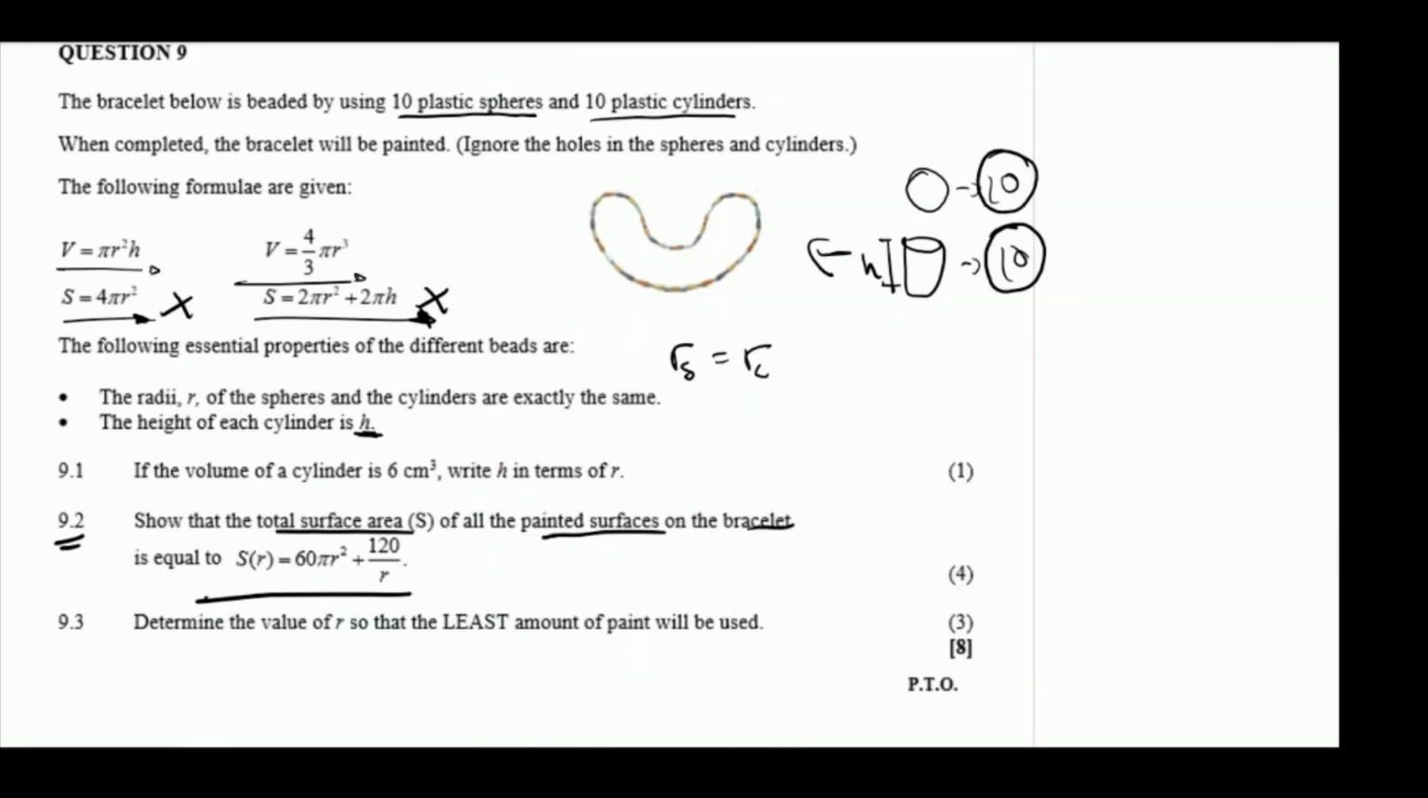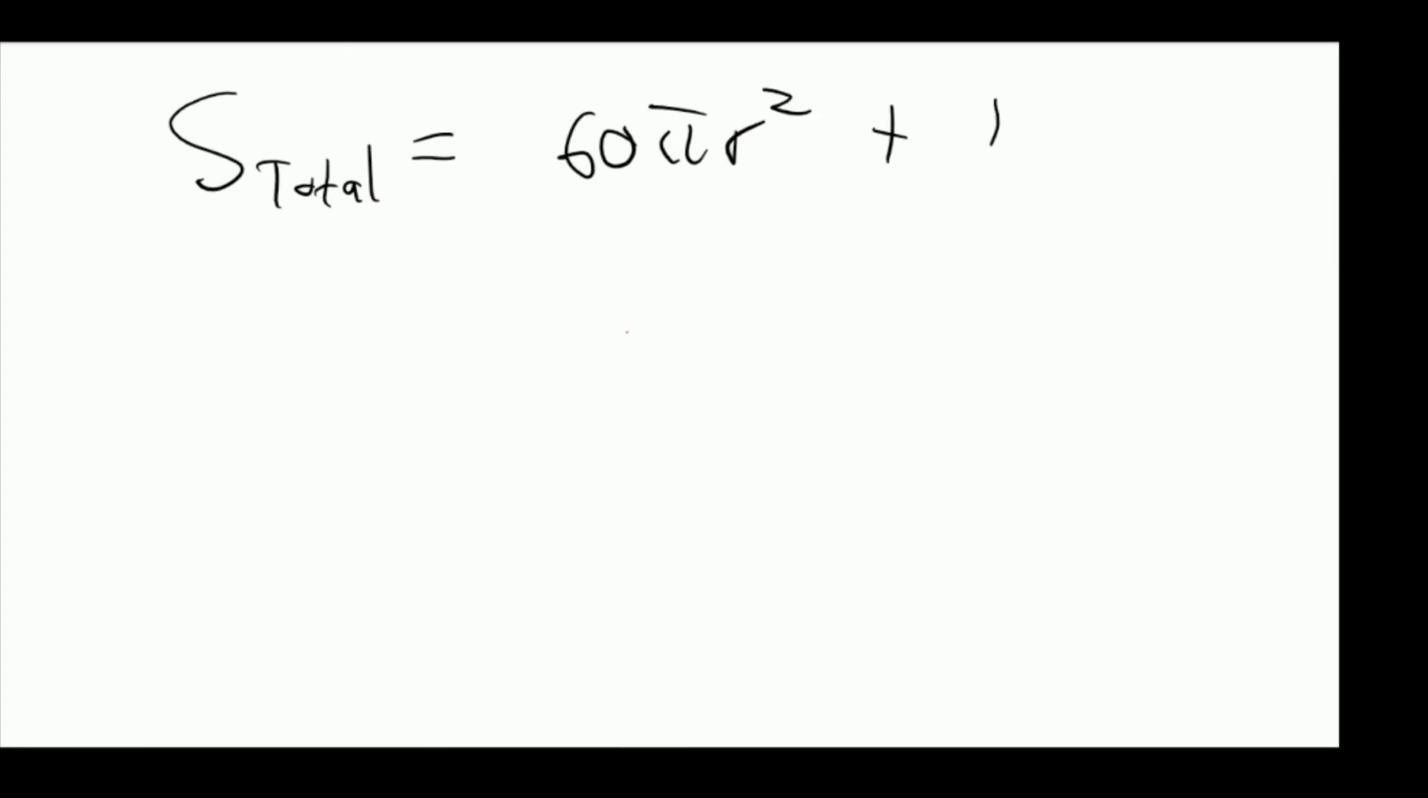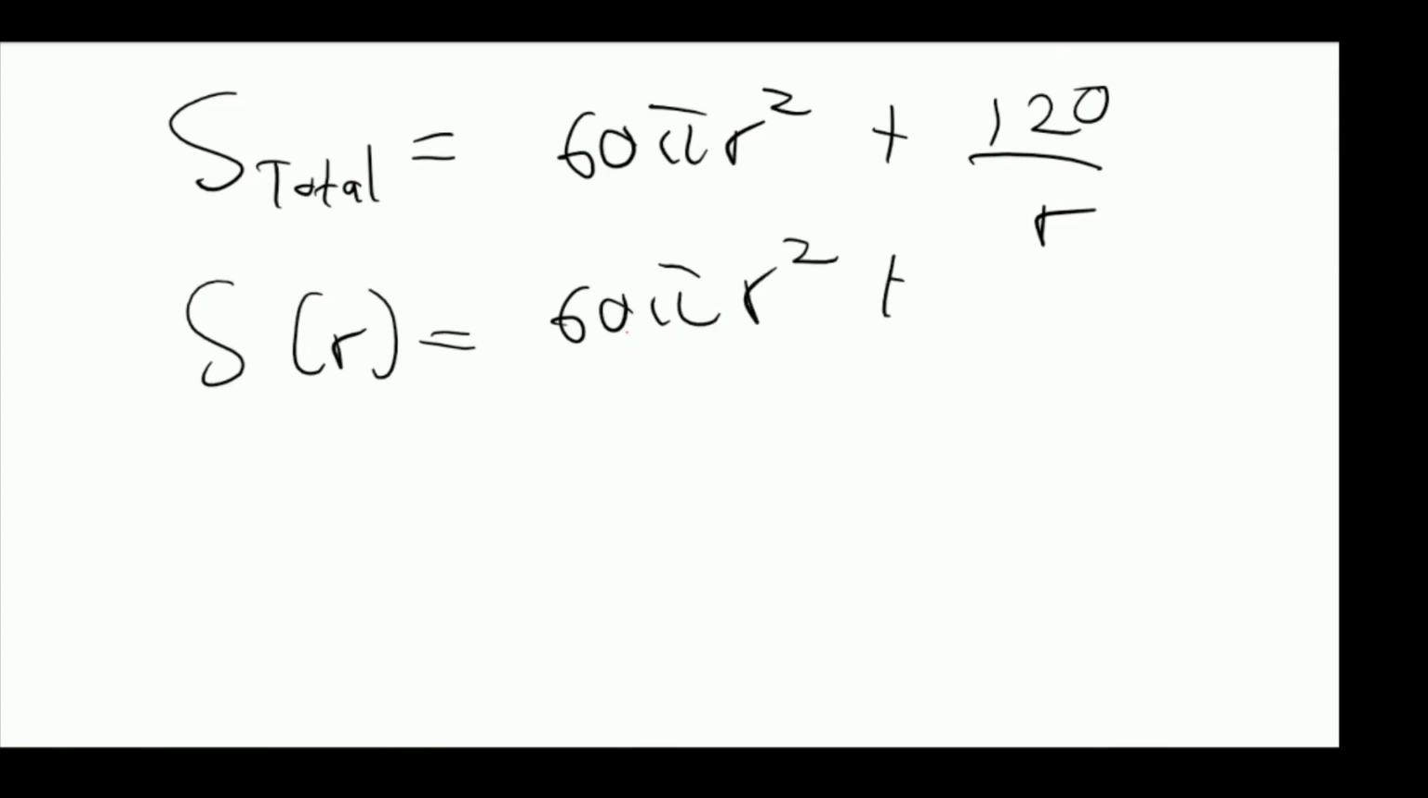Now I'm going to do 9.3. 9.3 says to determine the value of r so that the least amount of paint will be used. To determine this value of r, we need to use our total surface area, which is equal to 60 pi r squared plus 120 over r. So to find the value of r such that the least paint is used, we need to find the derivative of this expression. So S of r is equal to 60 pi r squared plus, we take the r to the top,